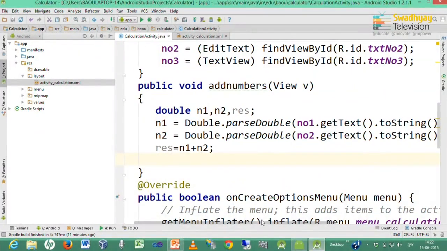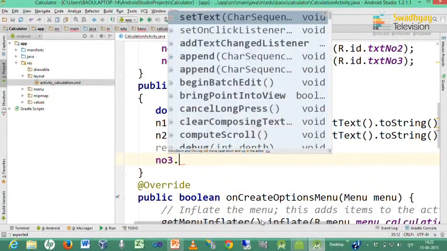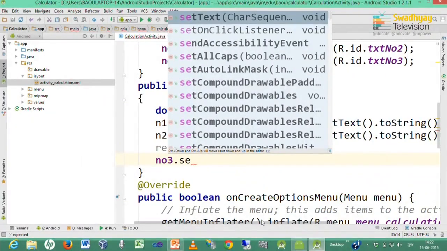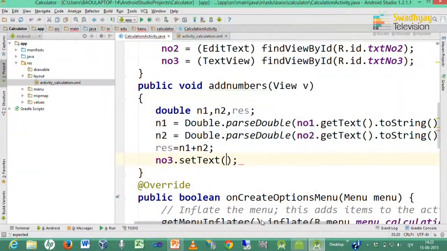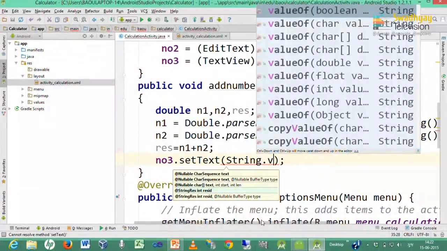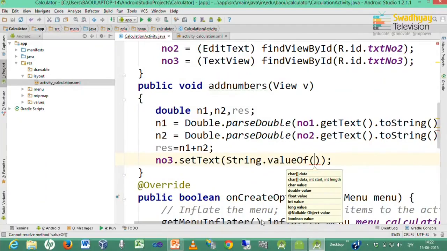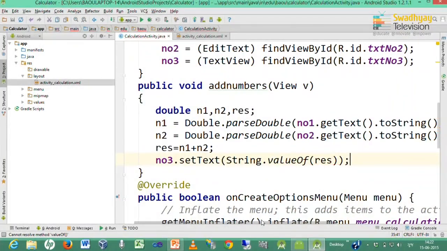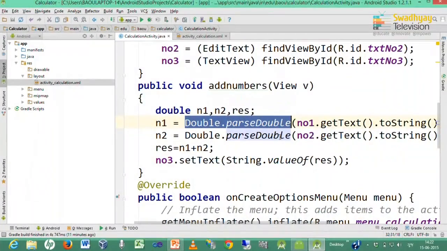Now, I want to display this result in the last text view. So, I write txtNO3. NO3 is our last text view. NO3 dot setText, and we use the String dot valueOf method for converting a number into a string. Likewise, Double dot parseDouble converts a string into a double.